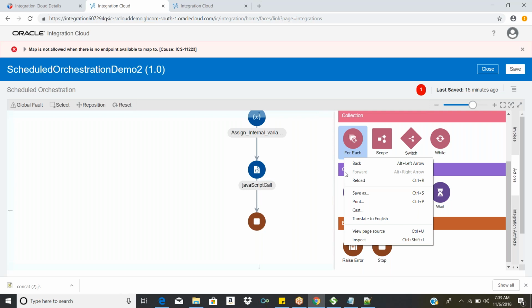Order is nothing but a complex element. So if my XML has five complex types of a similar type, then I go for each, because I need to iterate over each order. That's the reason I need to configure the for each, if you want to iterate.